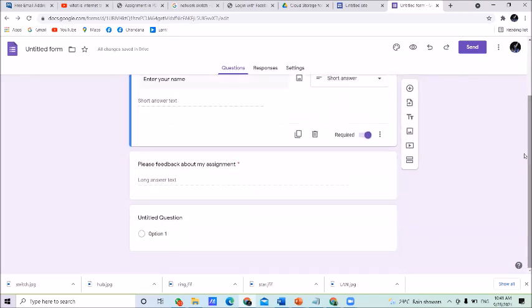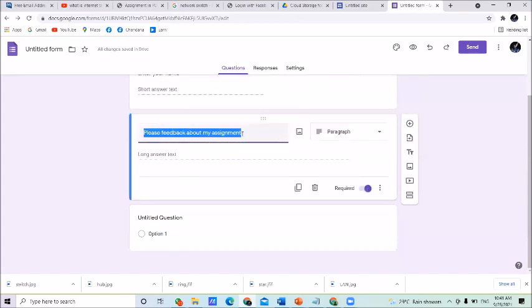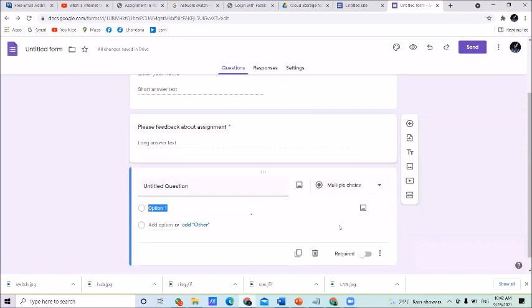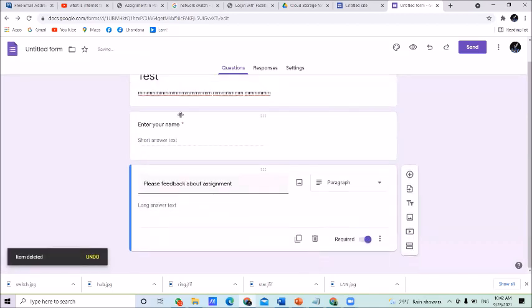Then please give feedback about the assignment. Try to give in 1 or 2 words your idea regarding the assignment. Right, only 2 questions. Please enter your name and your idea about the assignment.